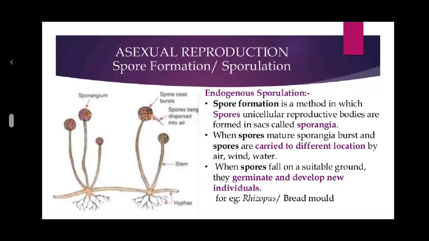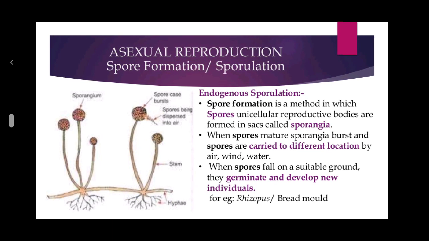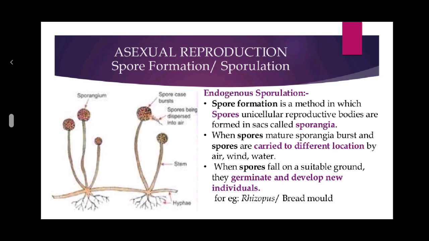In today's class, we are going to study spores. Spores are small unicellular reproductive bodies which are formed in a sac-like structure called the sporangium. When the spores mature inside the sporangium, the sporangia burst and the spores are released into the atmosphere and give rise to the new